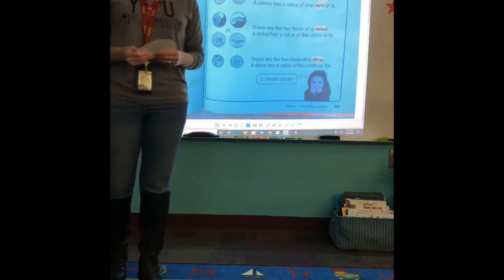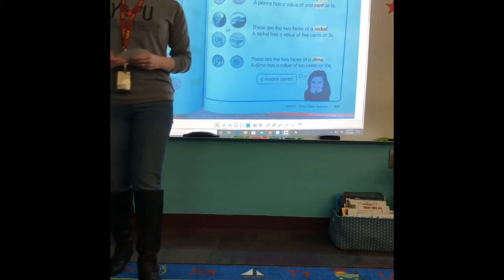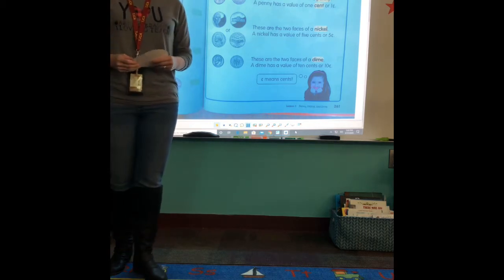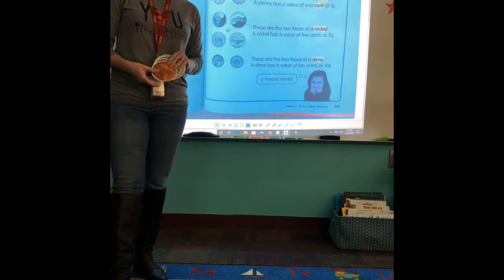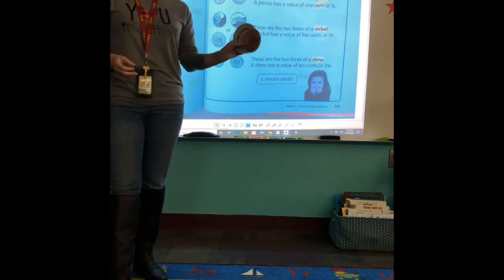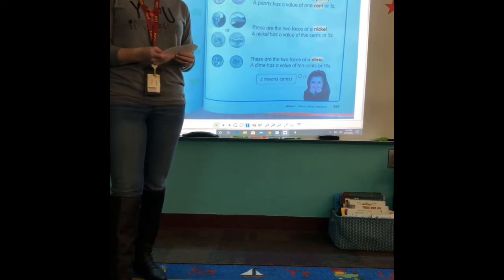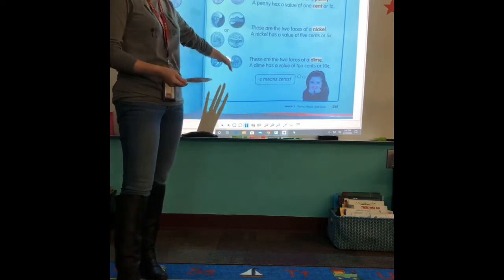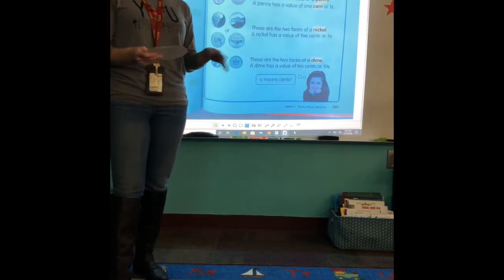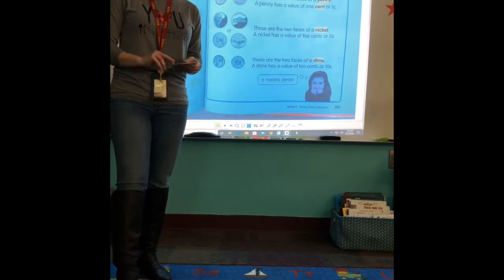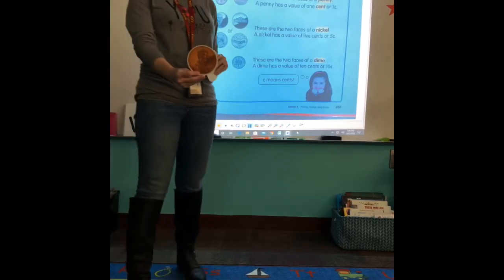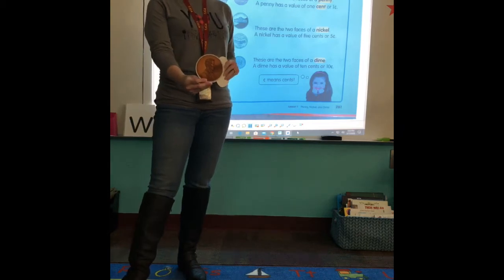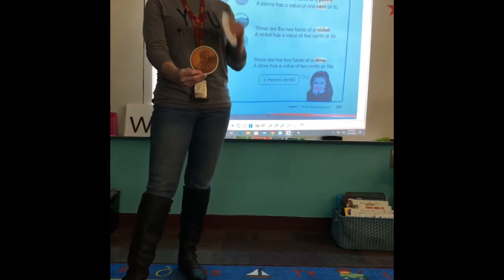Time for our day one math lesson, and we are starting our chapter on money, which for us will consist of coins. So I have my big coins, hopefully so you can see them a little better. The ones on the board, you can't see the color very well, but it's okay, we'll deal with that. But I have our first coin, which is bronze, and it's a penny, and a penny is worth 1 cent,